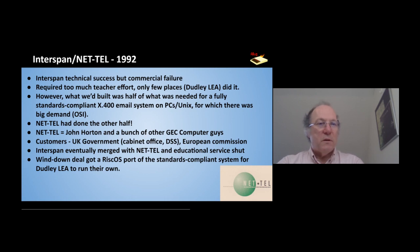However, because we decided to build it on X400, we had built half of what was much in demand, a standards compliant OSI email system, which lots of people wanted to buy at that point. And a company called Nettel had done the other half. Nettel was John Horton, ex-Acorn, and a bunch of other guys from GC Computer, who, as mentioned earlier, were the people who did Prestel and the successor of our 803 computer. So that's by the by, but anyway,